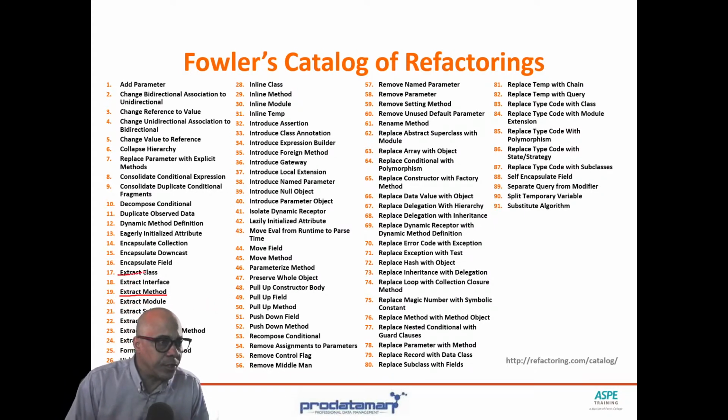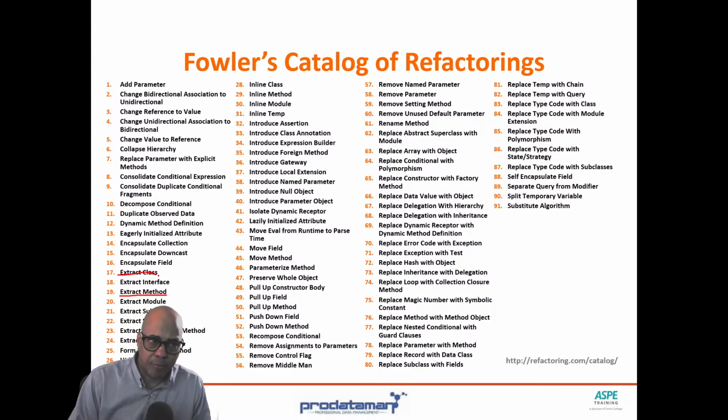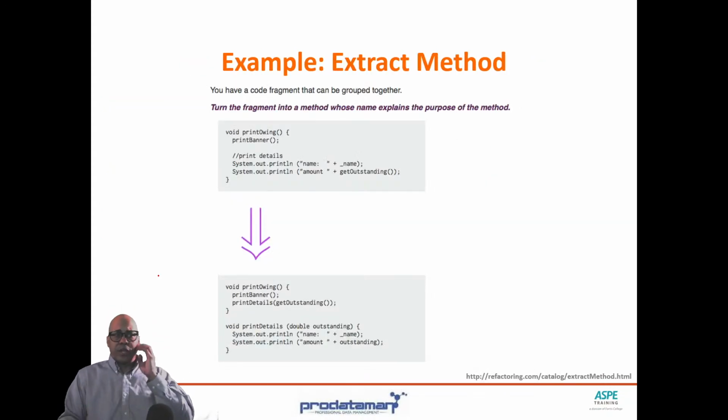Extract class I also use. I think rename is in here somewhere. I use rename. Obviously, you saw me use rename a couple of times. Anyway, I'm not going to go through the entire list here. You get the idea. There's lots of refactoring techniques, and probably 3 or 4 that you'll use on a regular basis, and others that you'll use on much more rare occasions where you may have to do a quick Google search to see how it works. But the ones that I use most frequently are the ones that are usually built into the integrated development environment that I'm using. You saw the rename refactoring method is right in the context menu, as is the extract method and generate method. So this is what extract method looks like.